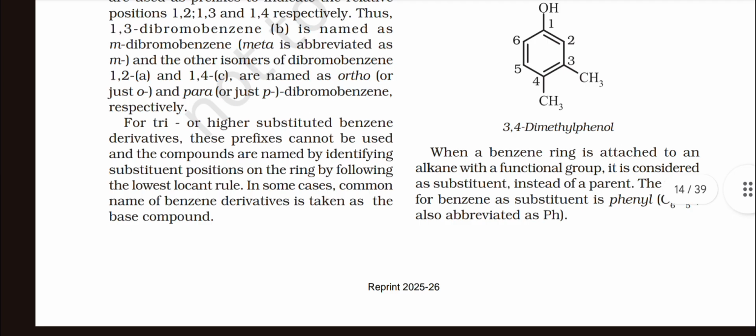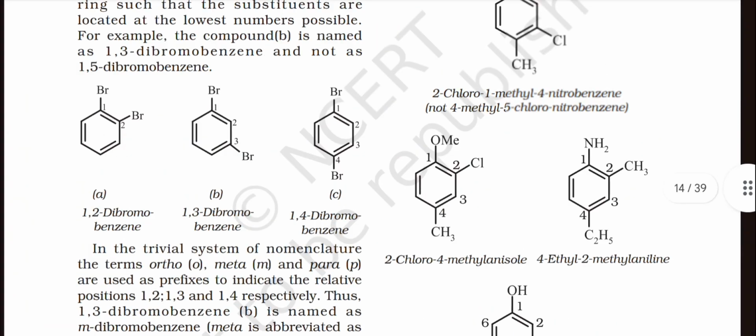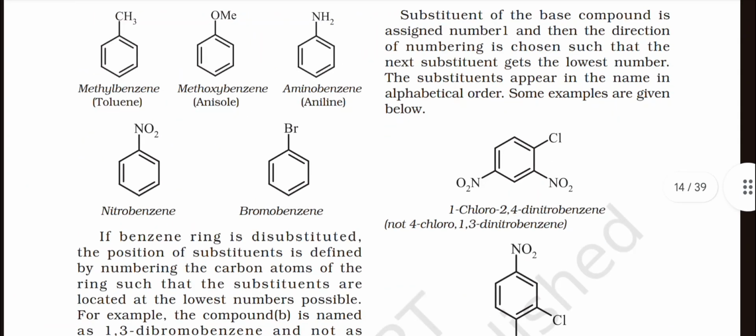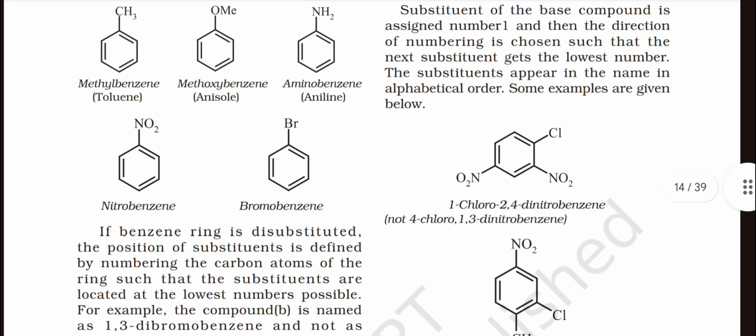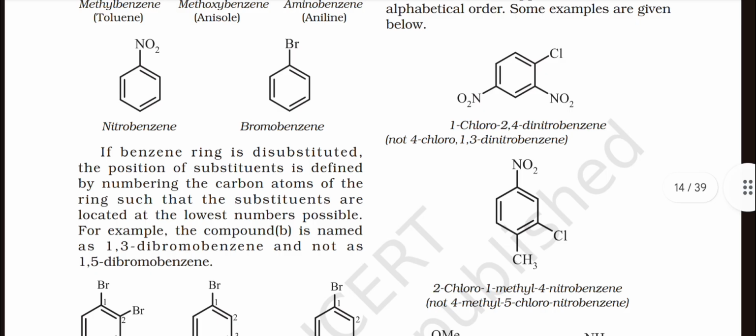In some cases, common names of benzene derivatives are taken as the base compound. The substituent of the base compound is assigned number 1, and then the direction of numbering is chosen such that the next substituent gets the lowest number. The substituents appear in the name in alphabetical order. Here are some examples: